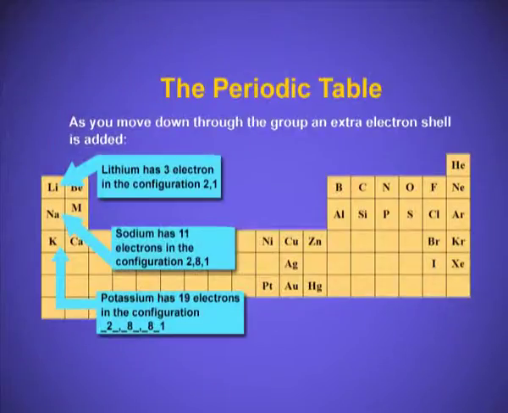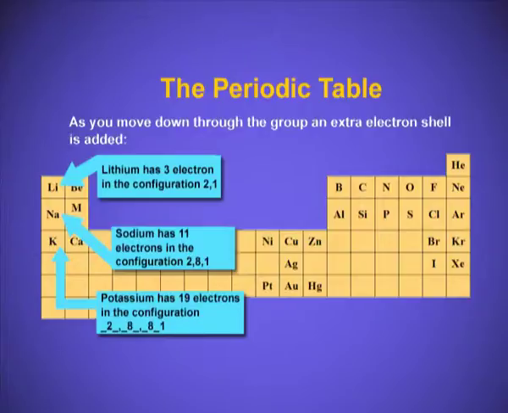Now, the atomic radii from top to bottom in a group increases. Why this increase? This increase is because when we come down in a group, the electrons enter into a new shell, whereas in the period the electrons were entering into the same shell.